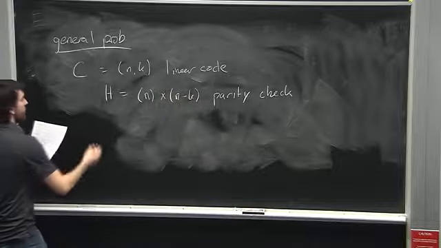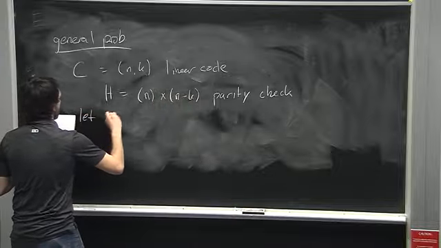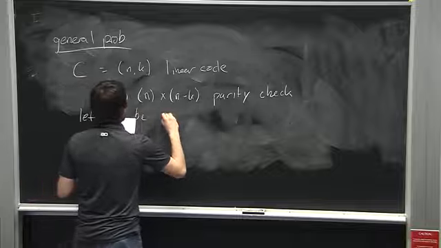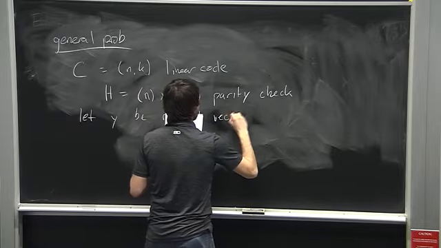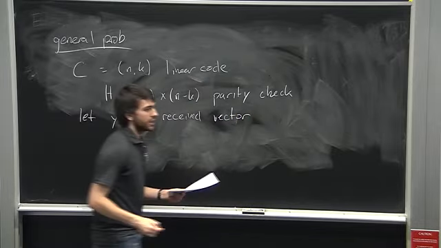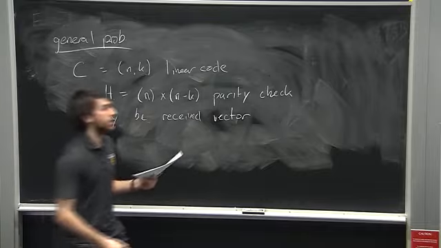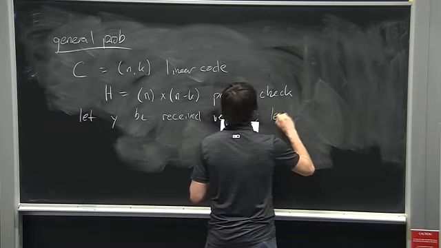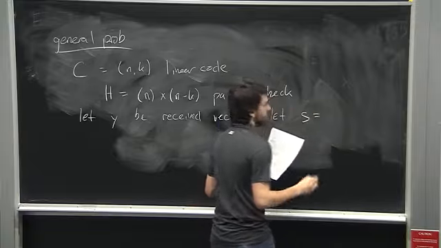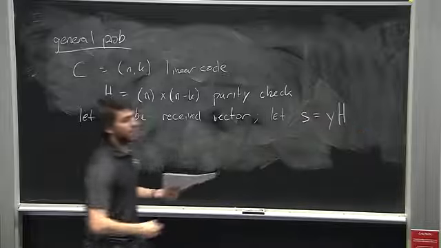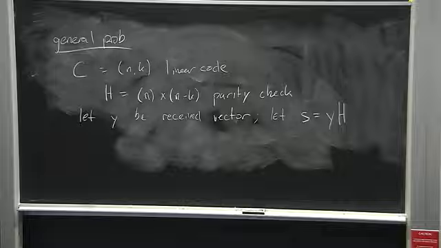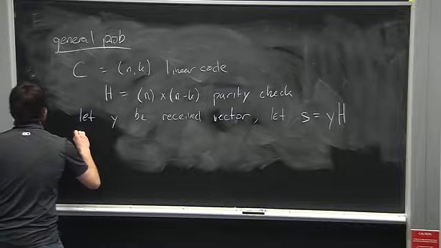And the scenario is, let y be some received vector. So someone sends you a message, and it comes to you as y, but it has some errors in it. And then let s be the error syndrome. So in the classical linear code case, the error syndrome is going to be given by y multiplied on the left of H. And the goal is,